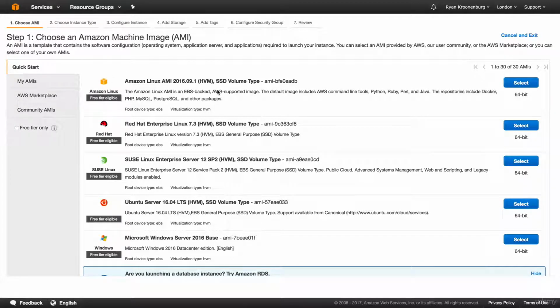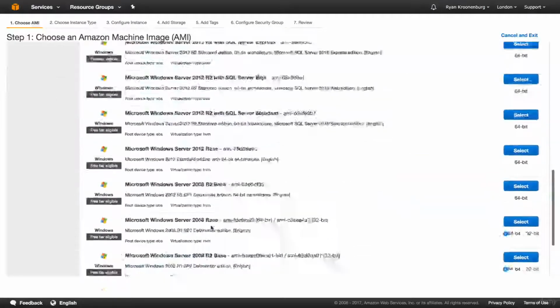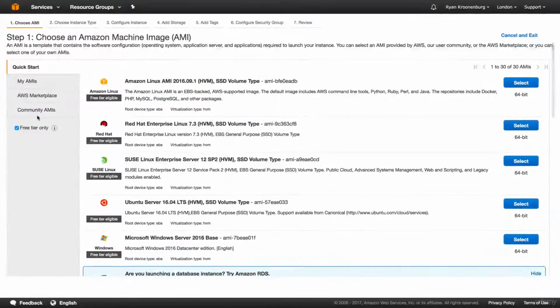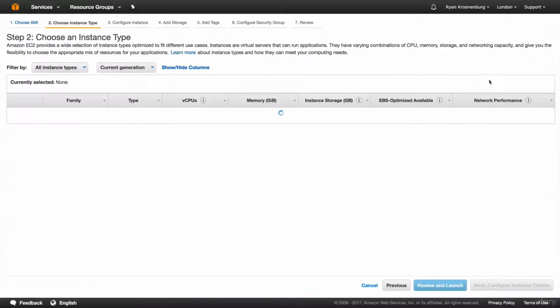The reason for that is it comes with a whole bunch of pre-built-in tools, including Python, Ruby, Perl, Java, and most importantly the AWS command line tools. So we'll be using the Amazon Linux AMI for the rest of this course. If you do want to have a look at all the different ones, you can click on free tier only. This will make sure that you always stay within free tier. But I'm just going to unclick that